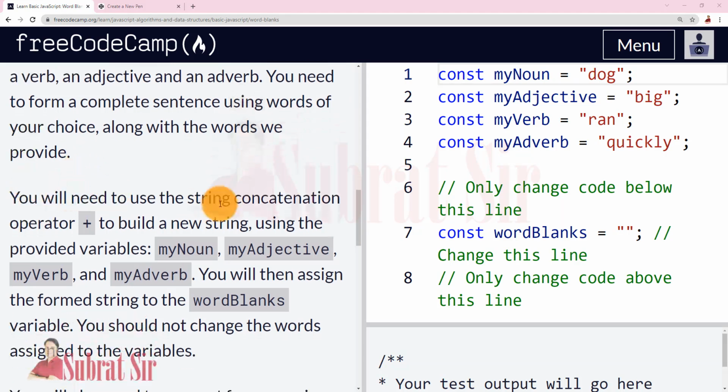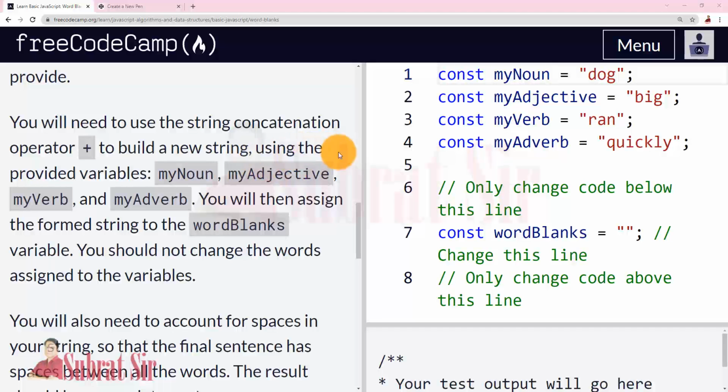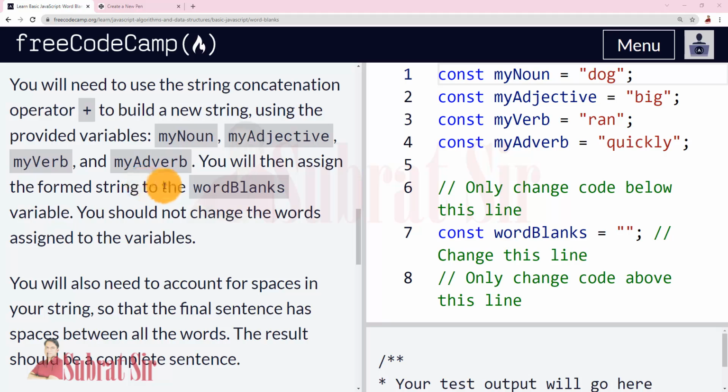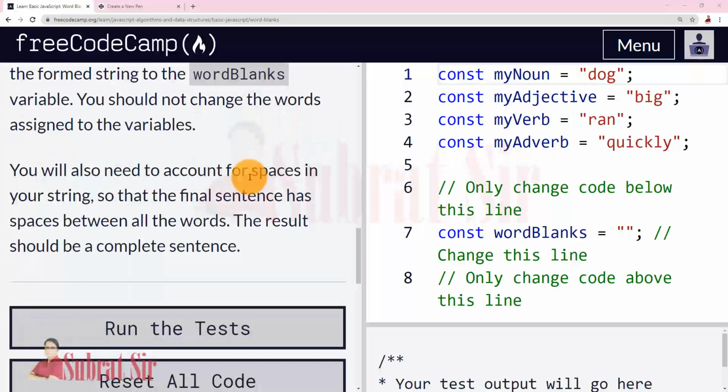You will need to use the string concatenation operator to build a new string using the provided variables. You will then assign the formed string to the word blanks variable. You should not change the words assigned to the variables. You will also need to account for spaces in your string so that the final sentence has spaces between all the words. The result should be a complete sentence.